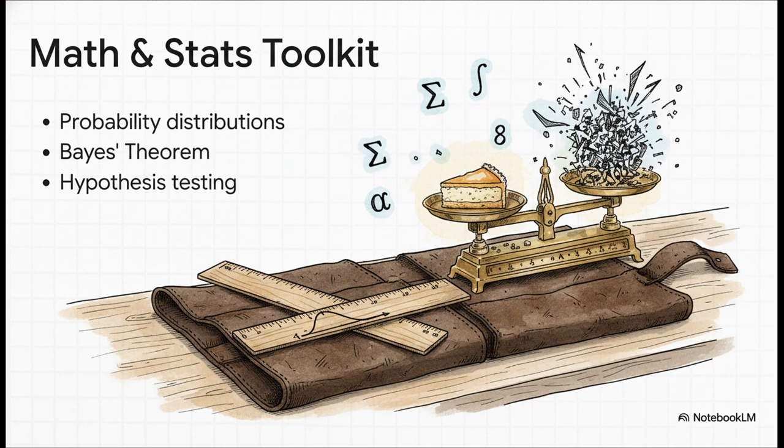We're talking probability distributions, Bayes' theorem, hypothesis testing, and loss functions. Just think of these as the crucial tools that help you make smart, calculated decisions, rather than just blindly guessing in the dark. They tell you the exact probability of a recipe succeeding, and they measure precisely how far off your current dish is from perfection.